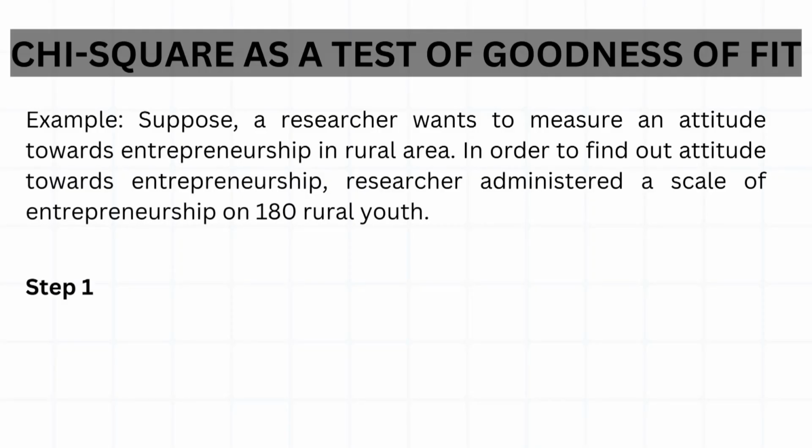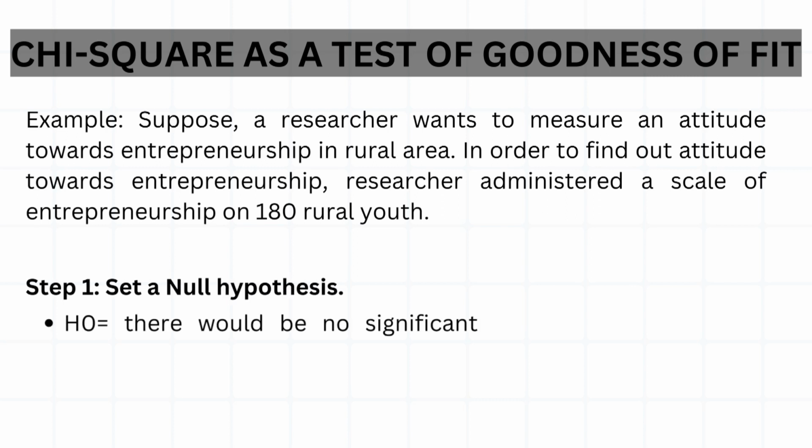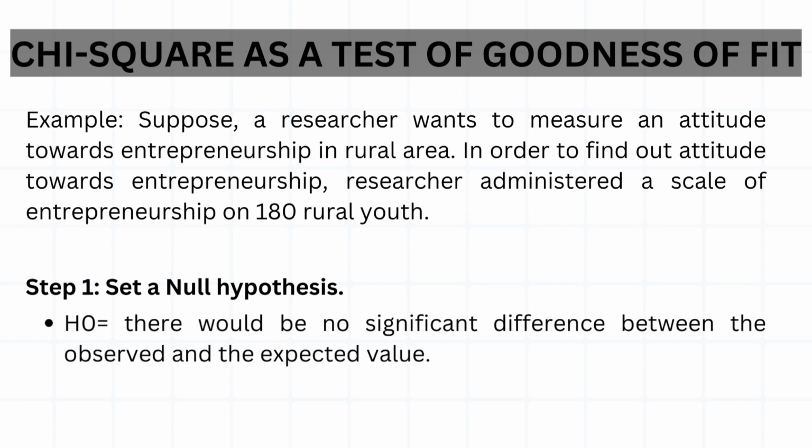So, what will he do for the computation of chi square as a test of goodness of fit? This is an example of chi square as a test of goodness of fit. For this he will proceed through different steps, as I told. The first step is to set a null hypothesis, and the null hypothesis refers to there being no significant difference. So, the null hypothesis would be that there would be no significant difference between the observed frequency and expected